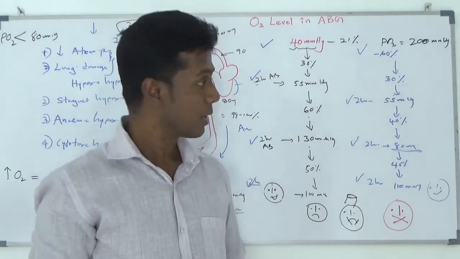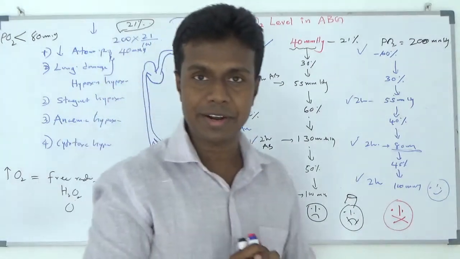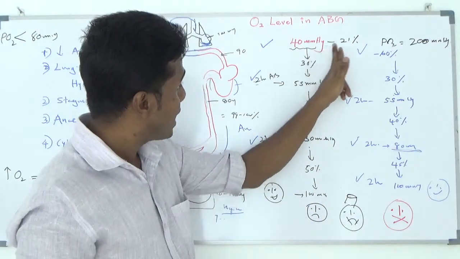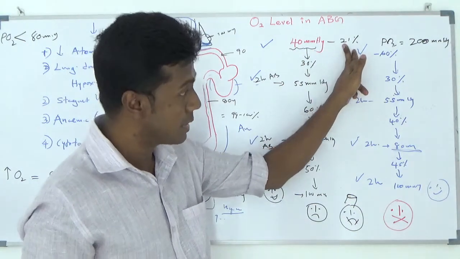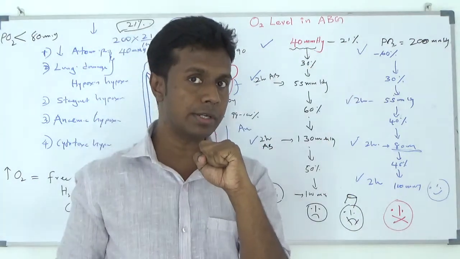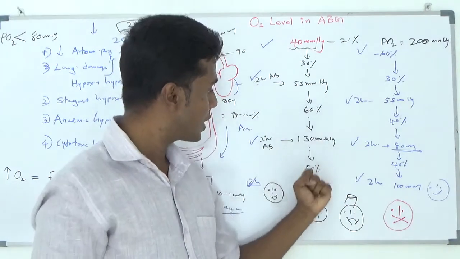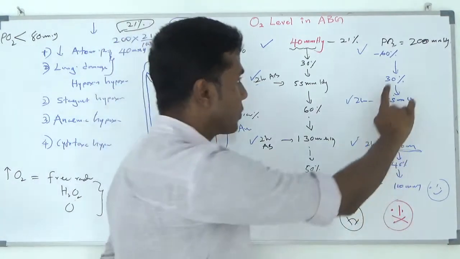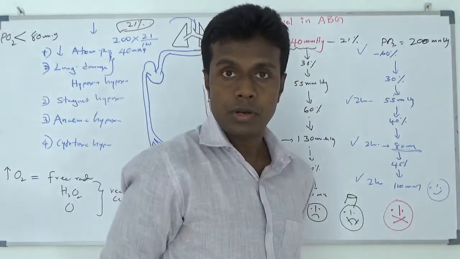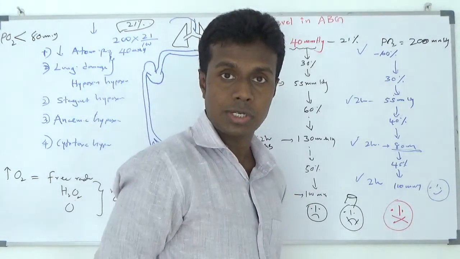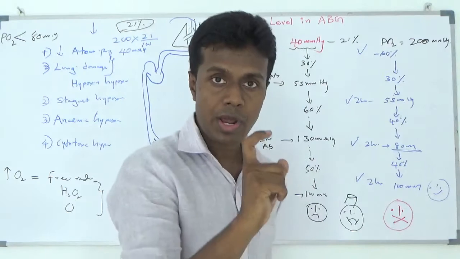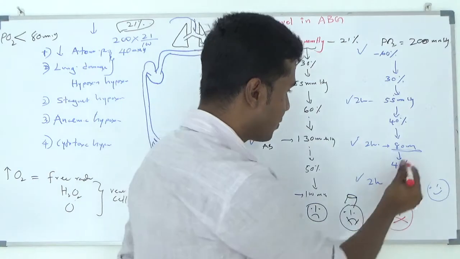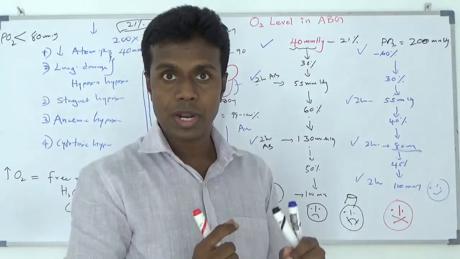Not good at all. Because of that, I am going to do an experiment right now. I am going to do an experiment to identify if your patient having 40 mm of mercury pressure with 21%, how much of oxygen you should have in order to achieve 100%? Its value should be 50. Here also, if your patient having 200 mm mercury of partial pressure in the blood due to high oxygen concentration, in order to have 100 mm mercury partial pressure in your blood, how much should you have? 45%.